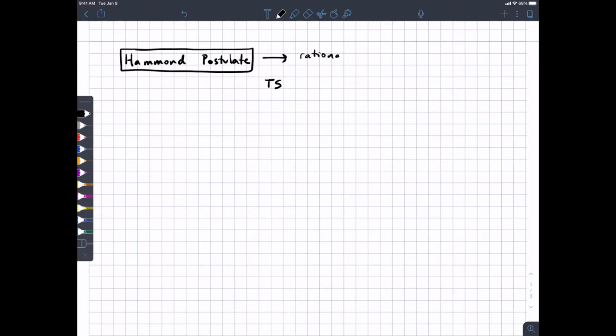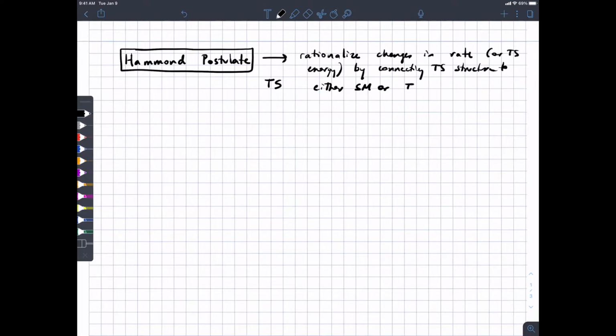And the Hammond postulate is a way to do that, to rationalize changes in rate, or in other words, transition state energy, by connecting the transition state structure to either the starting materials or the intermediate or products. Okay? So the basic tenet of the Hammond postulate is this. On a reaction coordinate diagram,